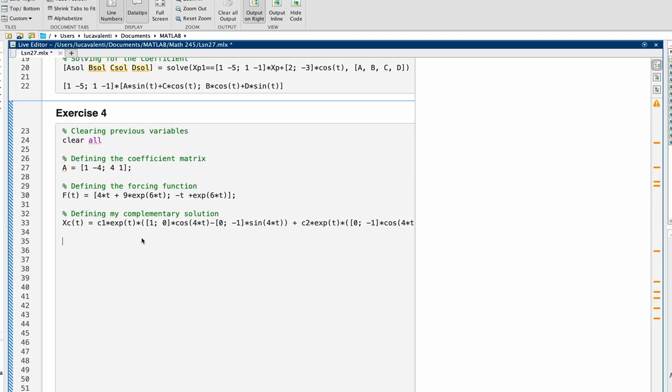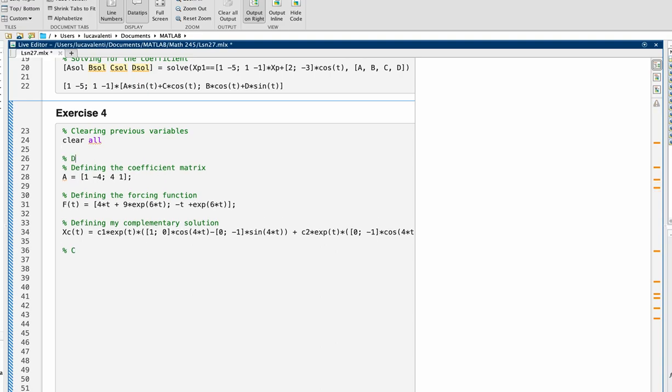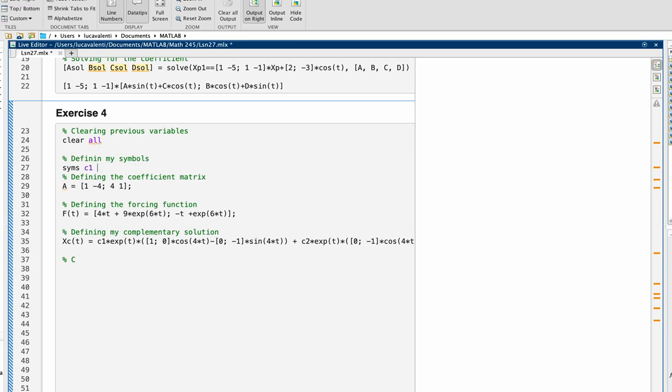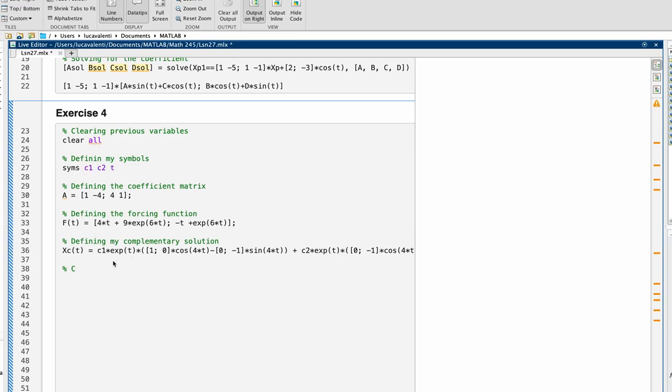Okay, so now that we have this, let's define my symbols. I'm going to define C1, C2, and t. And now checking the complementary solution,